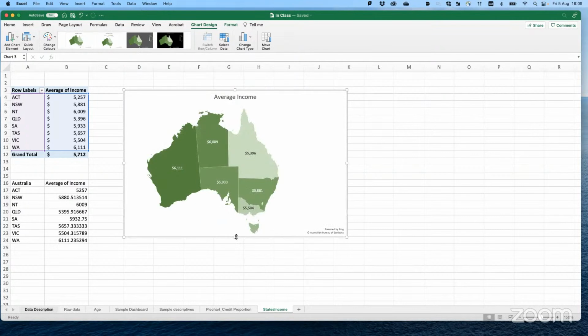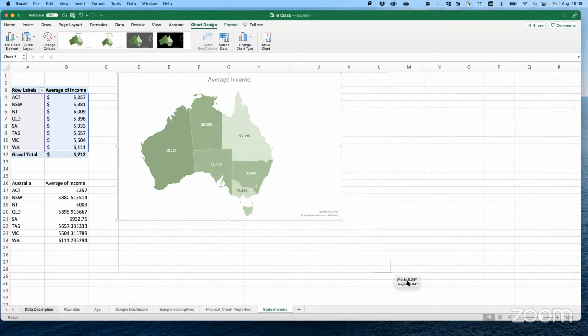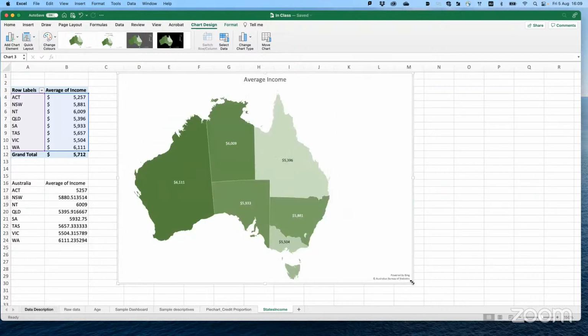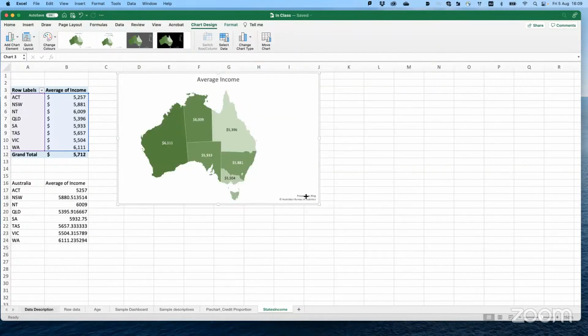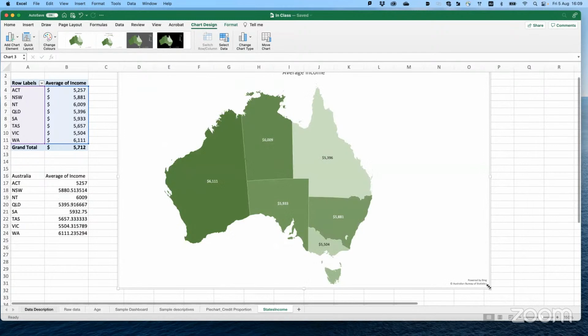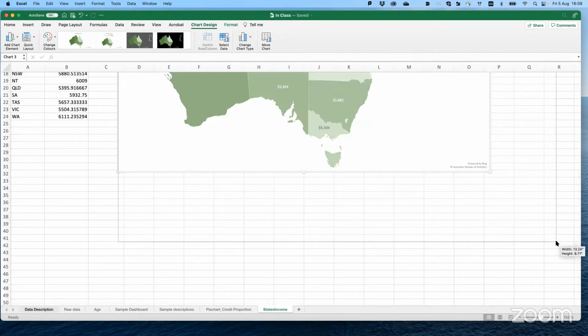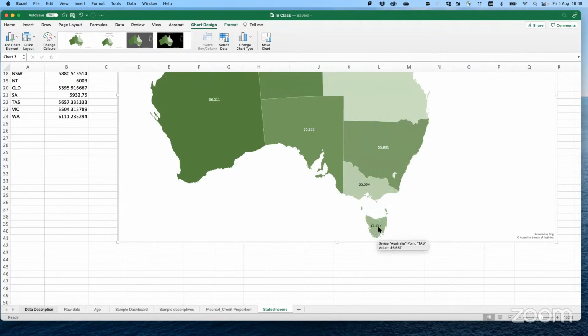Sometimes it doesn't understand some of the states. Here you can see that it does not provide anything for Tasmania. Or if we make it small or large, when we make it very small, Victoria is missing. So it depends on the size. For smaller parts, it doesn't have all of the values. But again, it is there, we just cannot see it.